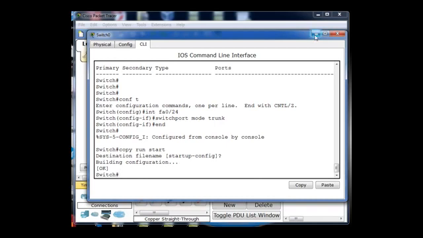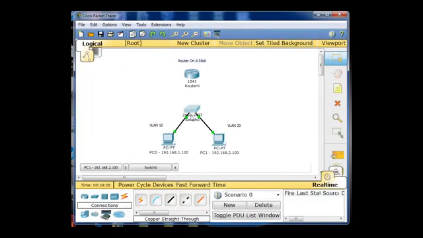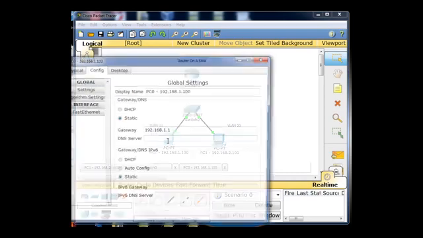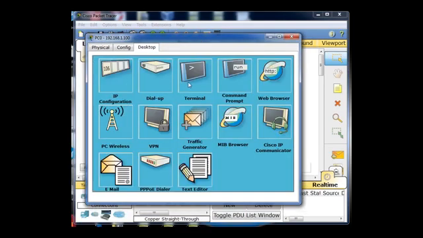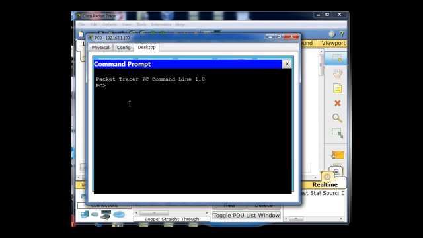So now, let's just test a few things out here. Both of these clients are connected to this switch, and they're both on separate VLANs, so they should not be able to communicate with one another. Let's test that out. Go to desktop, command prompt, ping, you see that